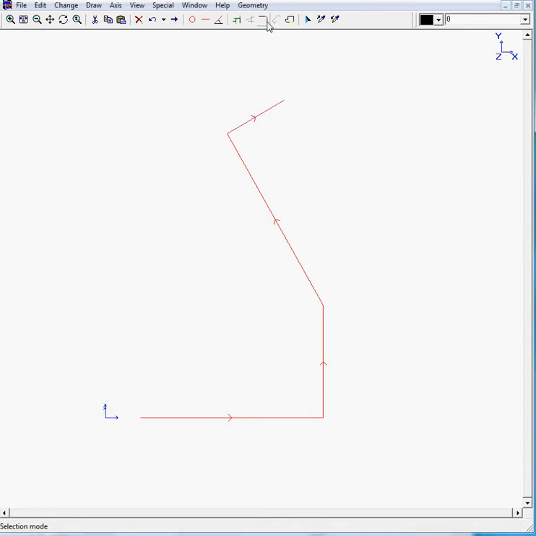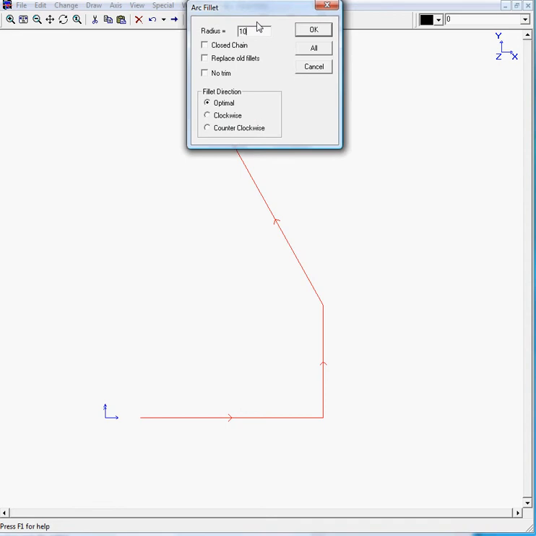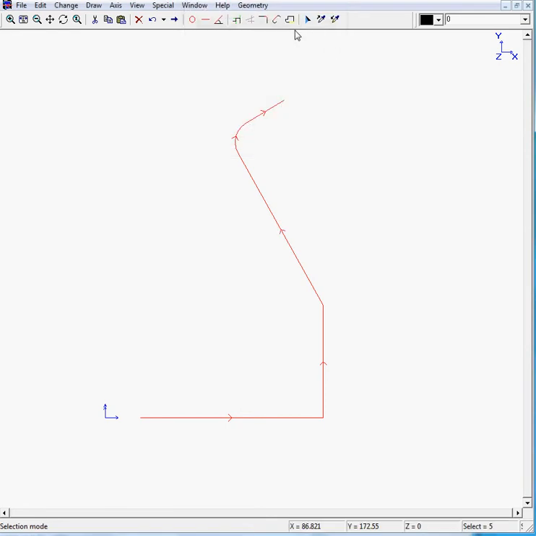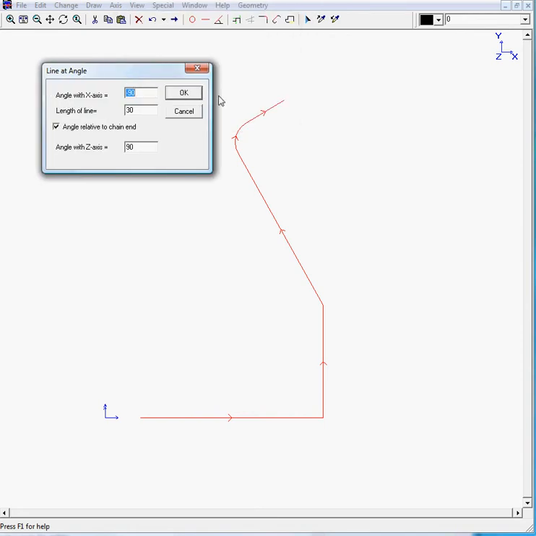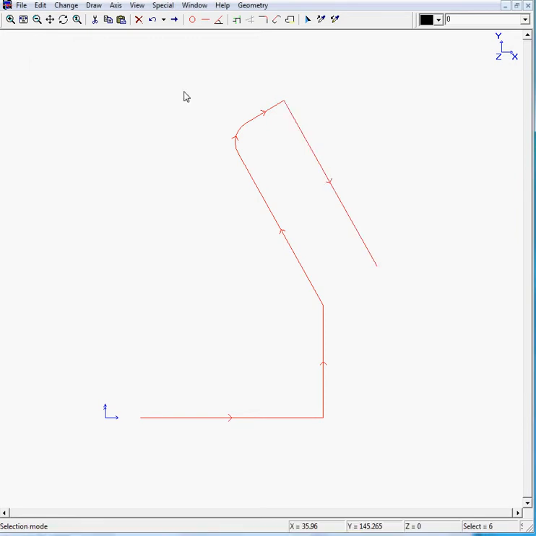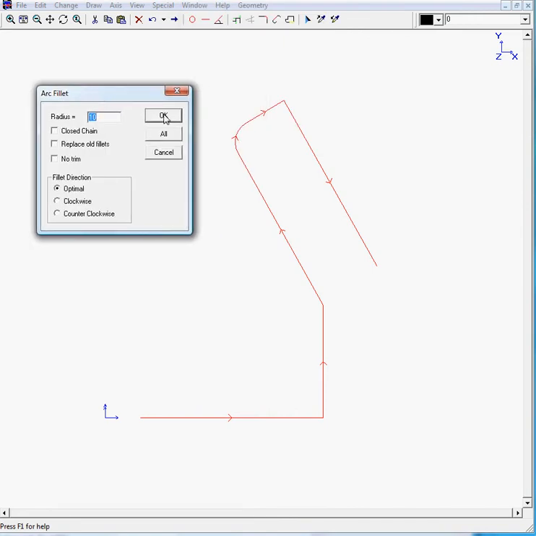We can fillet this corner with radius 10, and we will move back to line with an angle, and you can see that the angle of the new line, if you look at the last line here, is 90 degrees less, so we can leave this on minus 90. The length we can only estimate, let's say 85. Okay, we can round this corner as well with R10,